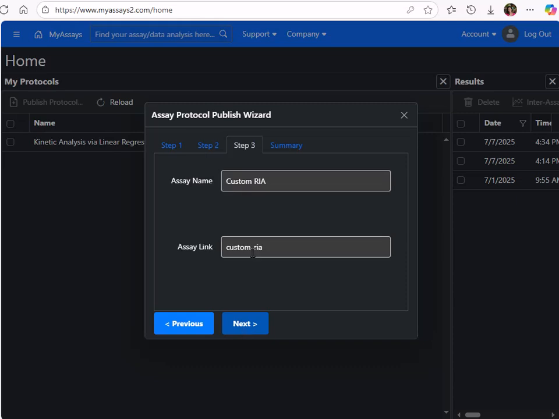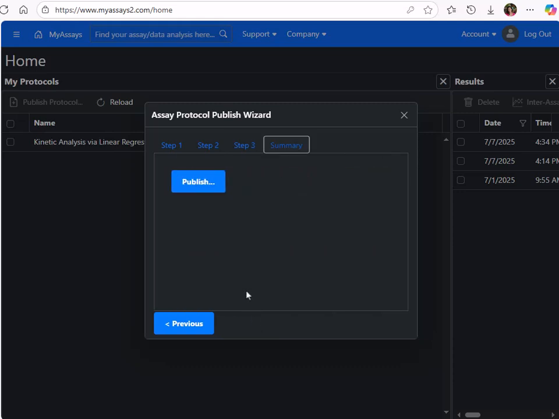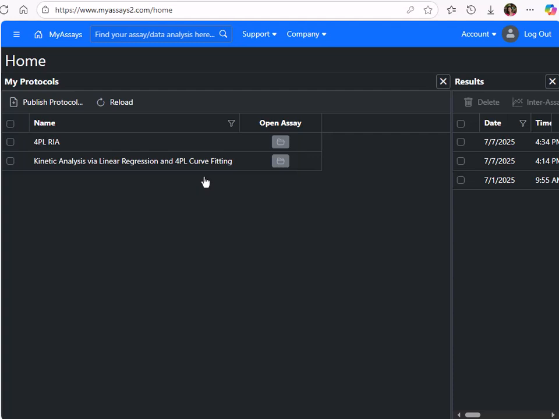Here we can edit the assay name and link. Perhaps for this assay, instead of Custom RIA, I'd like the name to be 4PL RIA. So I'll make that change and press Next. On the last step, we can press Publish to publish our assay. Once our assay is published, it appears in the My Protocols list, and we can select the folder icon to